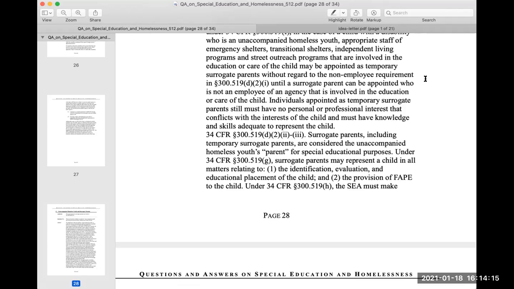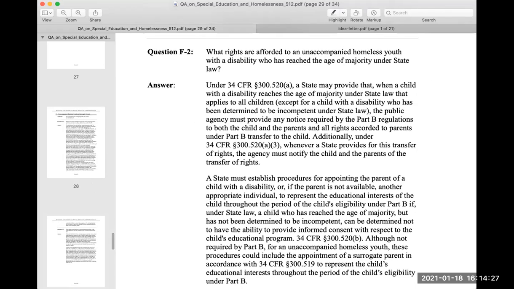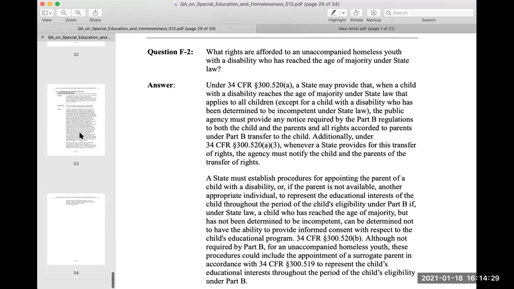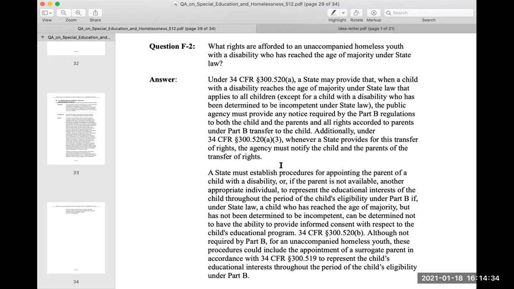11434a(6). If a child with a disability is an unaccompanied homeless youth under 34 CFR paragraph 300.519(a)(4), the public agency must ensure that the youth's rights are protected through assignment of a surrogate parent, including a method for determining whether the child needs a surrogate parent and for assigning a surrogate parent to the child. 34 CFR paragraph 300.519(a)(4) and (b). An individual appointed to act as a surrogate for the parent must meet all of the